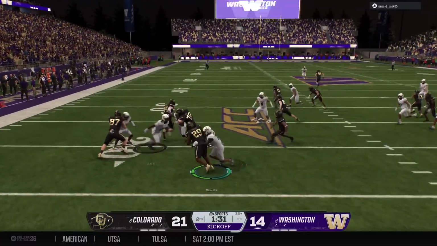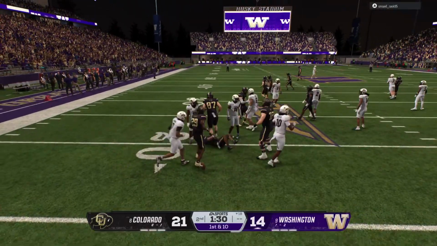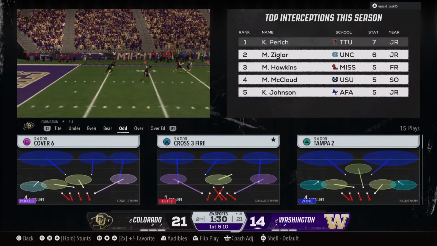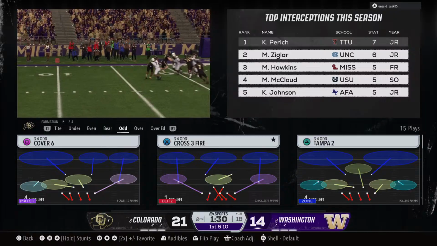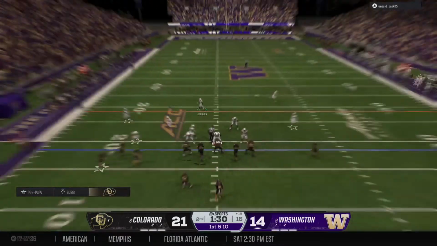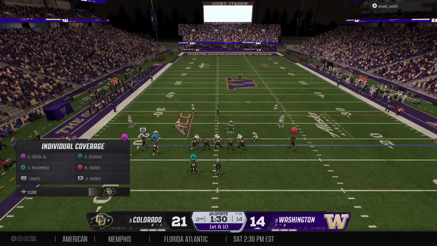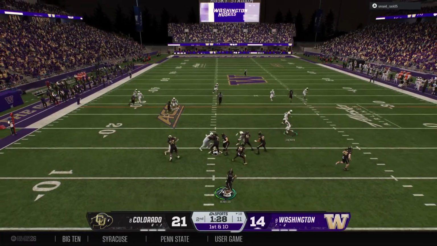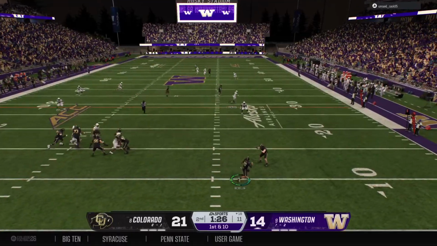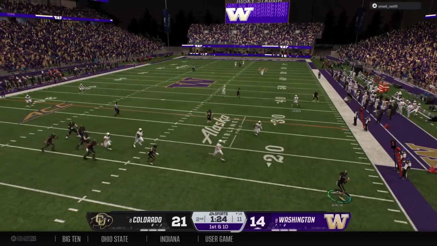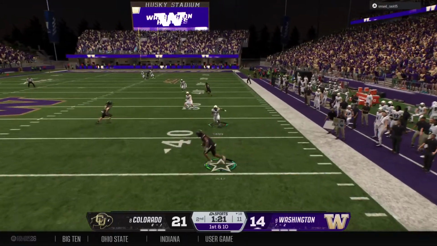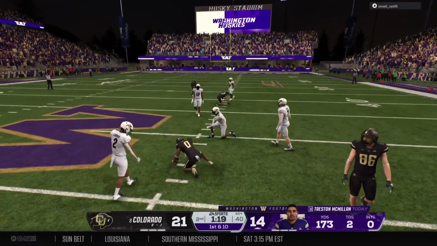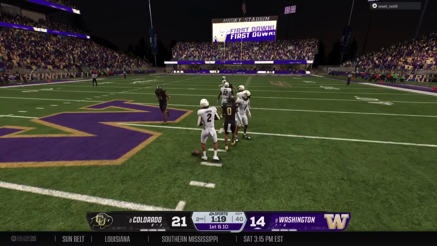Here's the return from inside his 10. He was looking for some running room, but not much to be found as he stopped at the 18. Plenty of time to work, not any time to waste as they take over here in the final 2 minutes of the half. To the air on 1st down. Dances away to buy time. Unloads to the wideout. All kinds of room to throw that one in there. They'll get it to the 48, no need to measure it to 1st down.